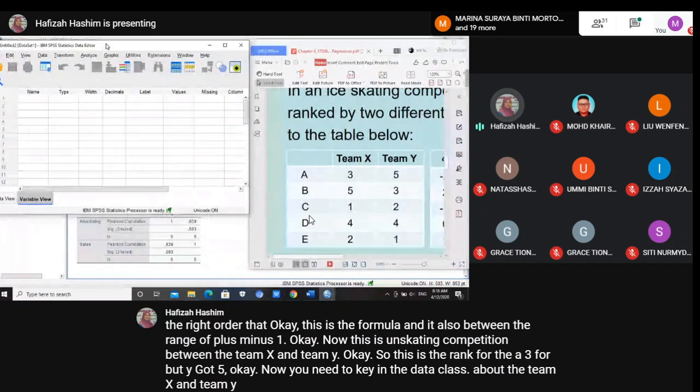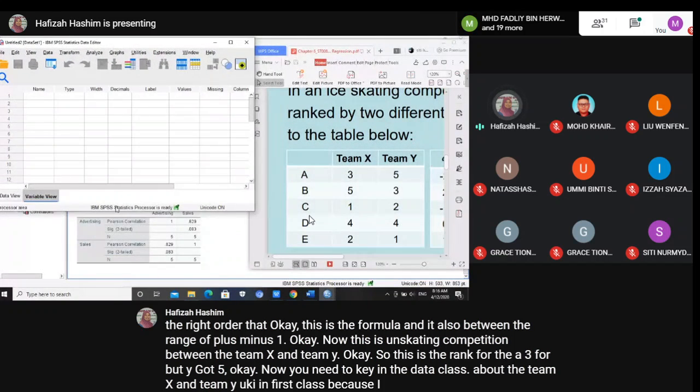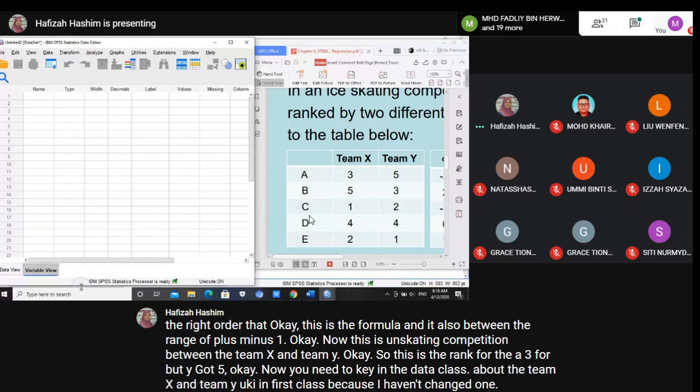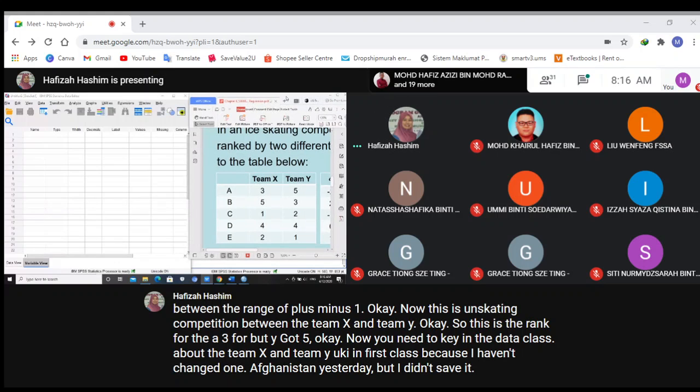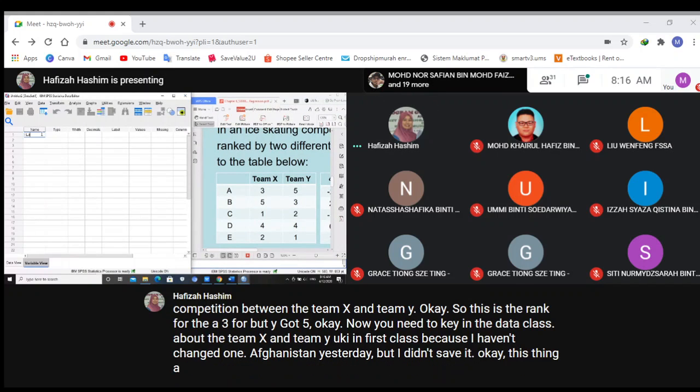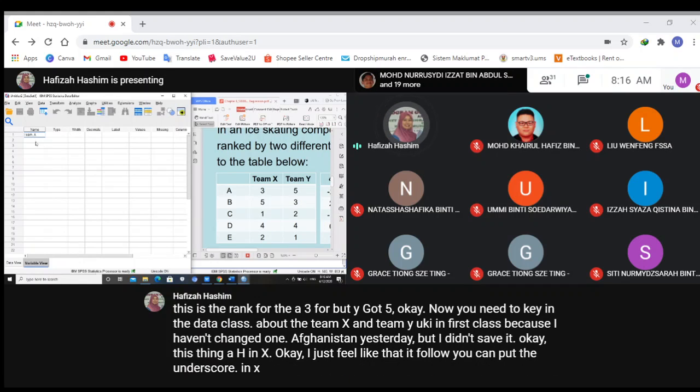Now you need to key in the data about team X and team Y. You key in first, because I haven't keyed in this one. I keyed in yesterday, last night, but I didn't save it. Okay, this is team X. I just put it like that, or you can put an underscore, team underscore X, and then we have